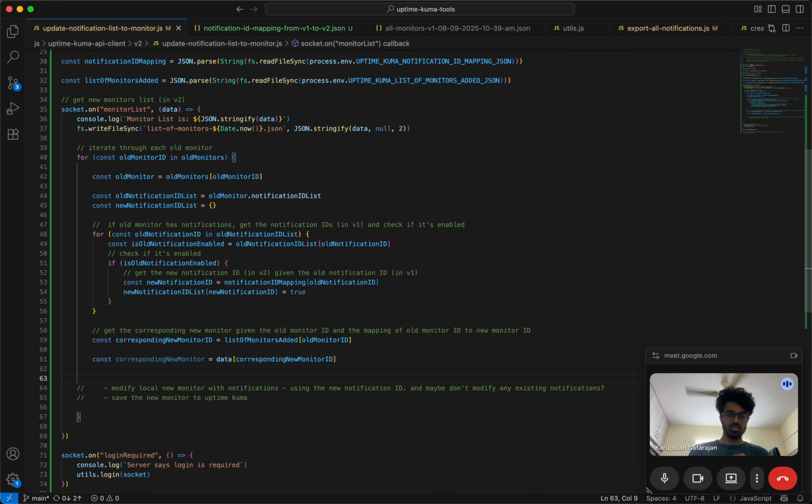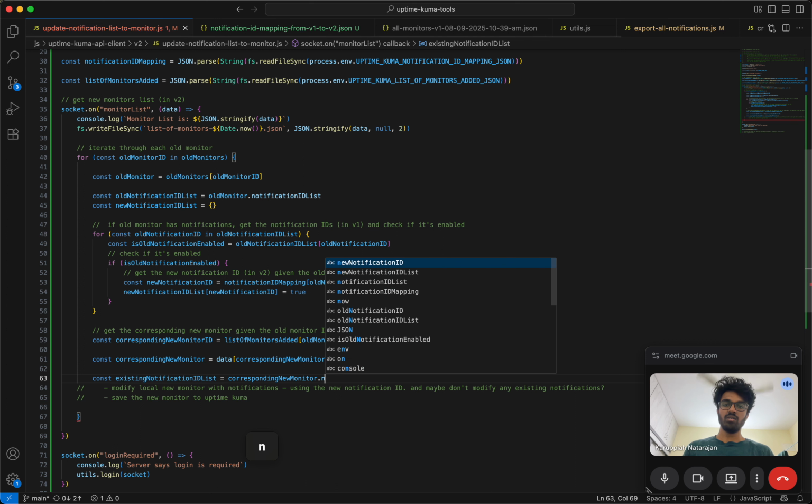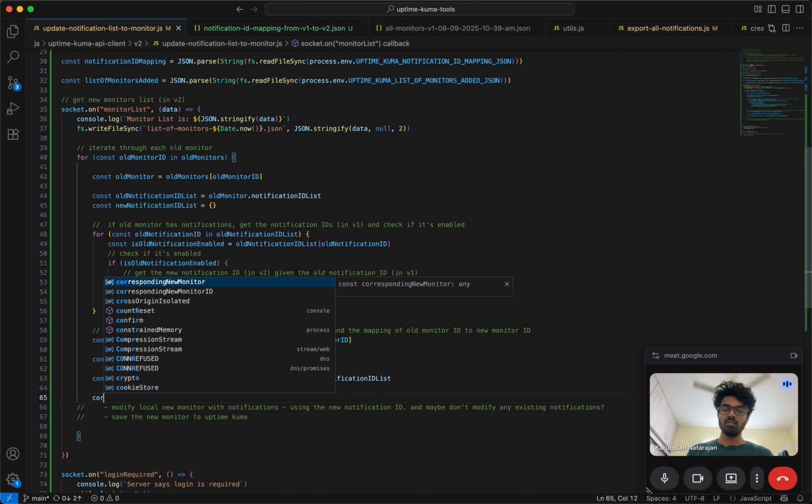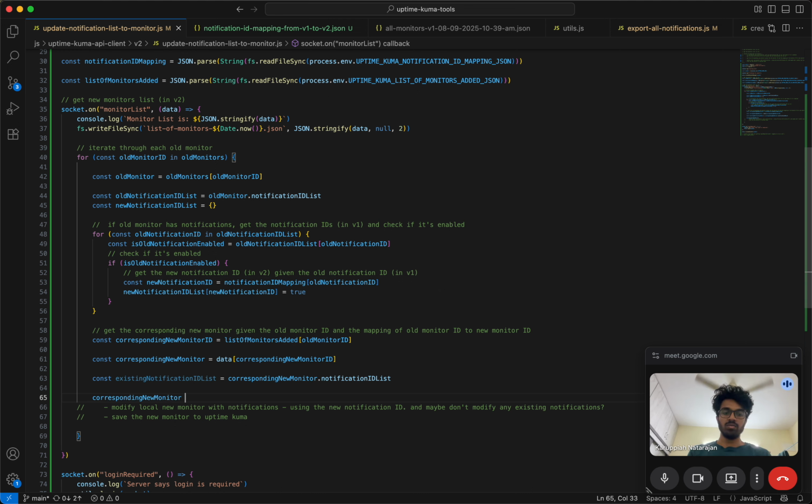Ideally no existing notifications should be there, in my case at least. Maybe I can just say something like get the existing notification ID list is equal to corresponding monitor dot notification ID list, right? And then be like corresponding monitor is equal to,